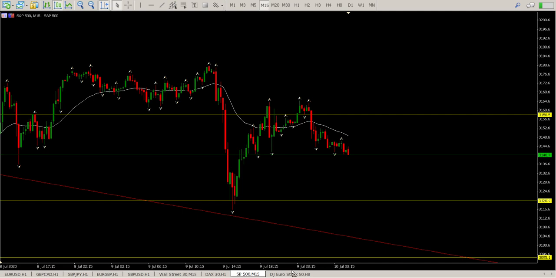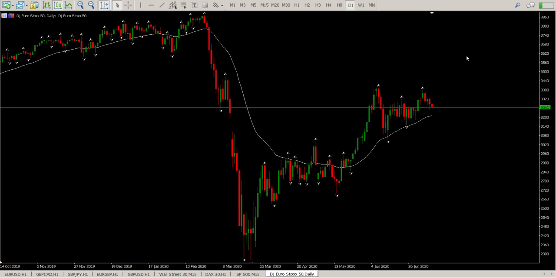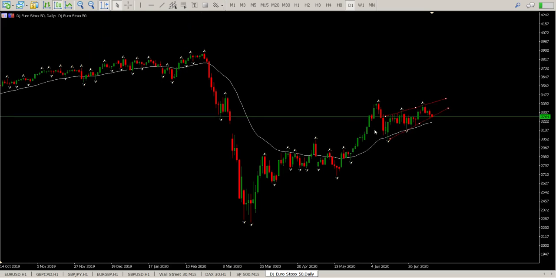And lastly, I just want to have a quick look at the Eurostock 50. I think there is something to be said here. And the Eurostock, if you look at this, we have a pretty well-defined wedge, and we are flirting with the bottom side of that wedge. So a lot clearer than what you see on the DAX, but this is, in my view anyway,